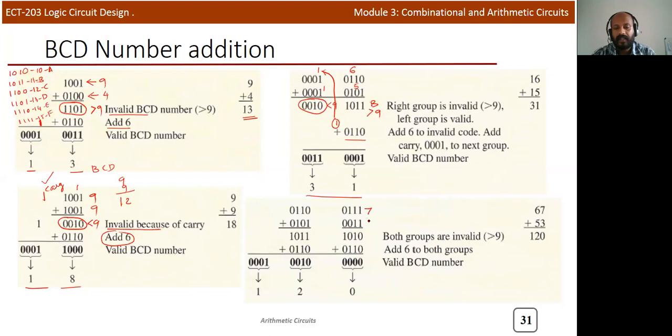So this is 7 and this is 3. After adding, you will get a value which is greater than 9. So we need to add 6 here. So we'll add 6 here. Okay, and if you take the other